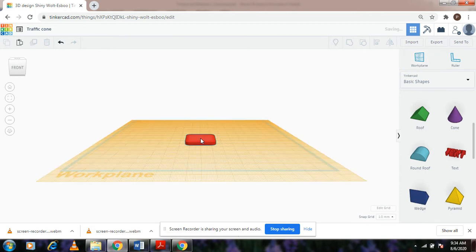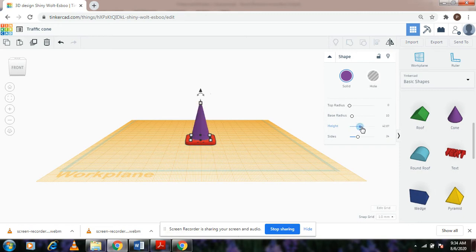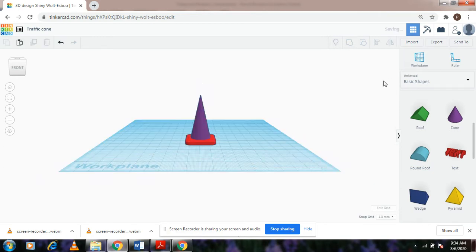So simply place it onto the base by clicking on it, and then you can go ahead, left click and drag a cone. You need not position it anywhere because it will be exactly positioned on top of our base. Now we simply need to increase its height a little. Yeah, so with this we've increased the height of our cone a little, and now we will again click on work plane and then tap anywhere on the void that is present next to the work plane for the work plane that we had created on the topmost part of our base to vanish.